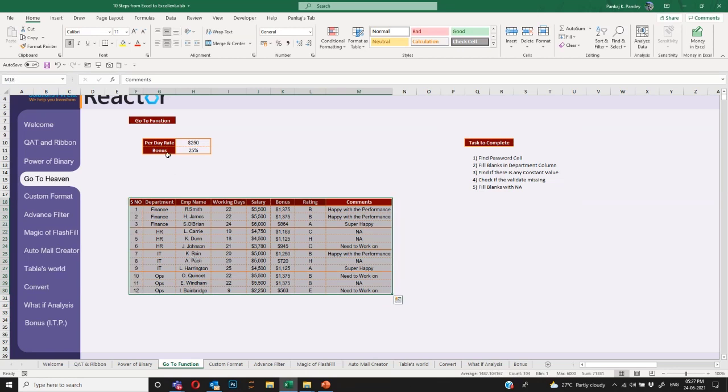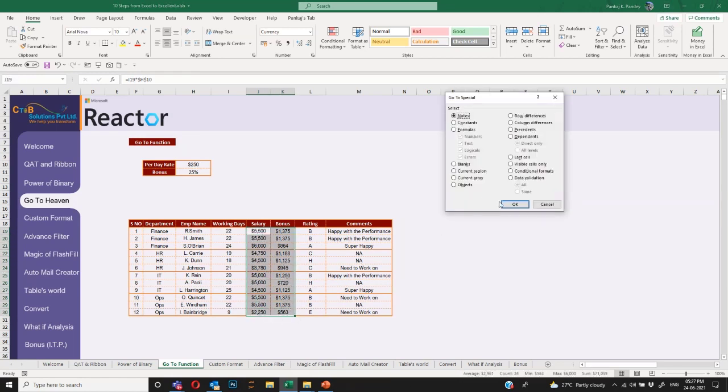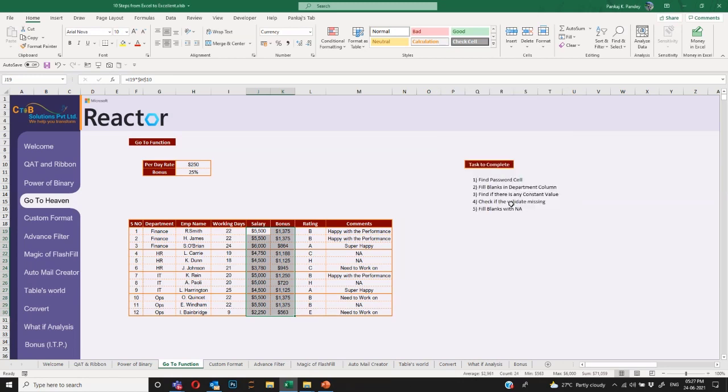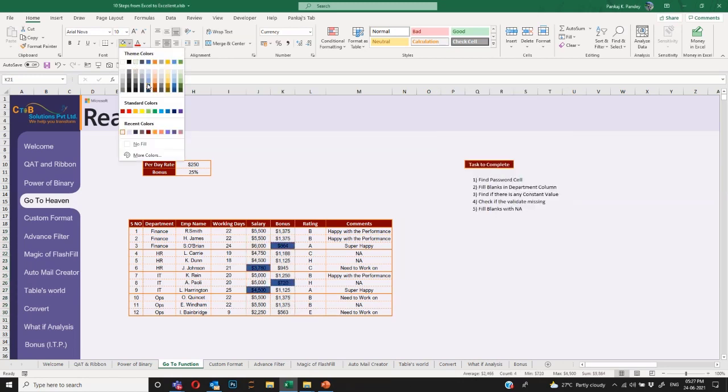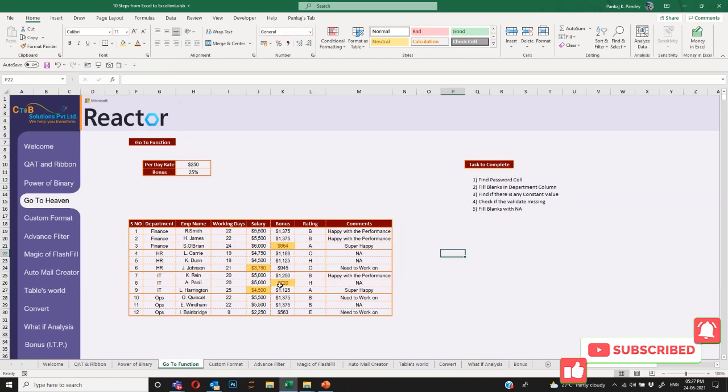So that is the power of the goto function. I would encourage you to start using this goto. It's very useful whenever you're selecting, specifically if you have to select all the formulas. Let's say I want to highlight all the constant cells. I will simply go here, click on this and say constant, done. And I will change their background color. So I don't have to reapply my formatting. Just using goto in one go, I can change it and I know these four cells have been changed or made constant.